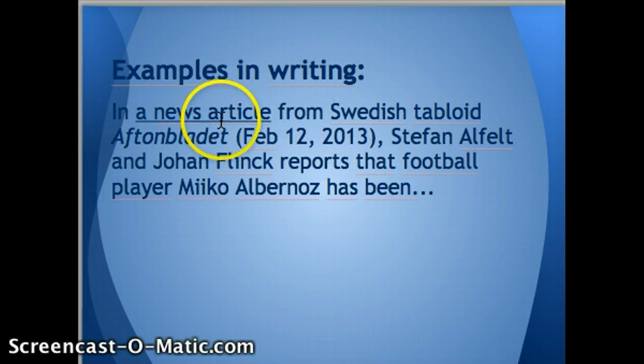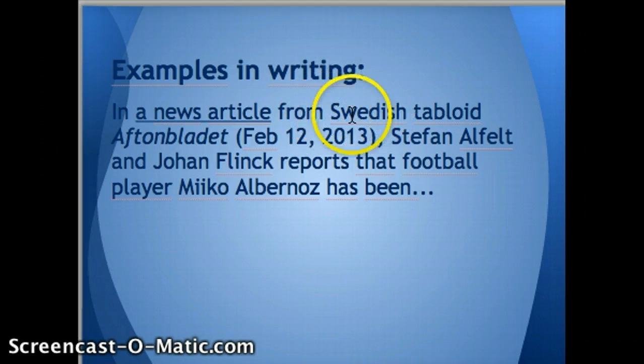The news article tells us what kind of text it is that we have used, and I have also turned this into a link. It's expected, if you write digitally, which most people do nowadays, to make a link so that the reader can easily find the information.